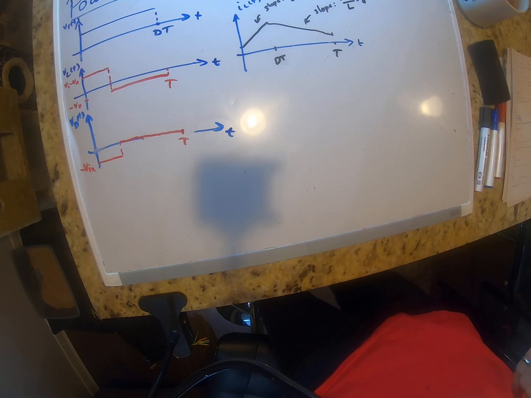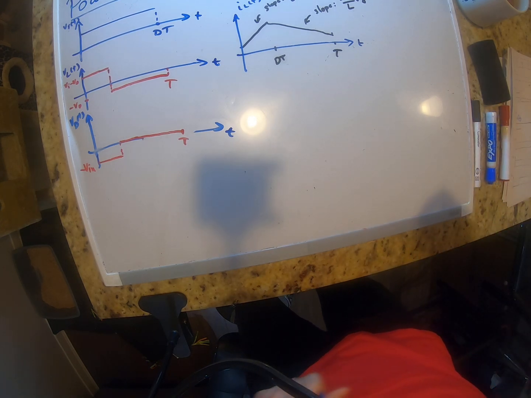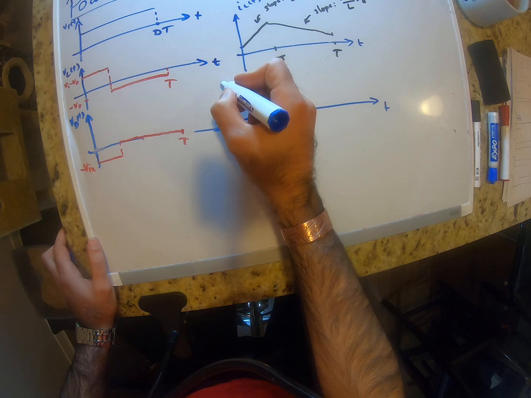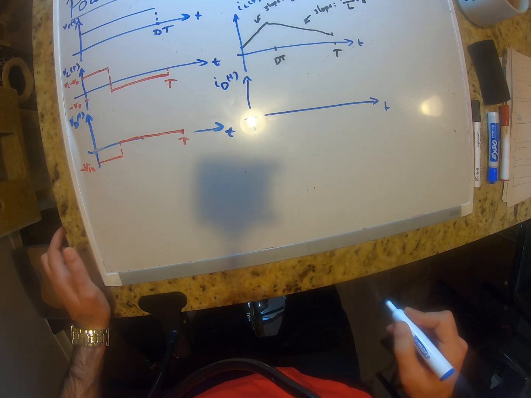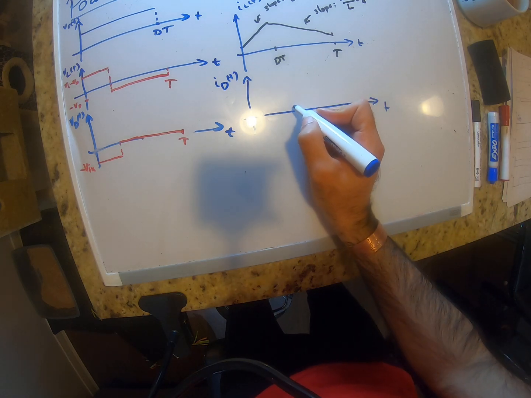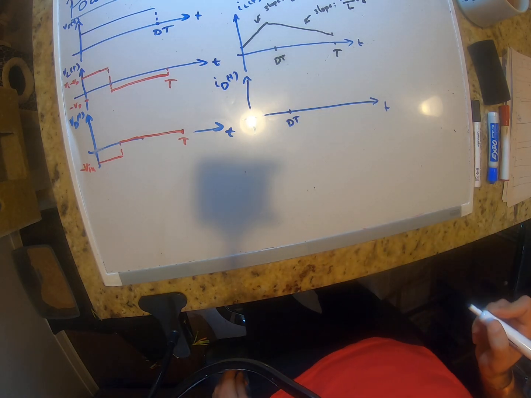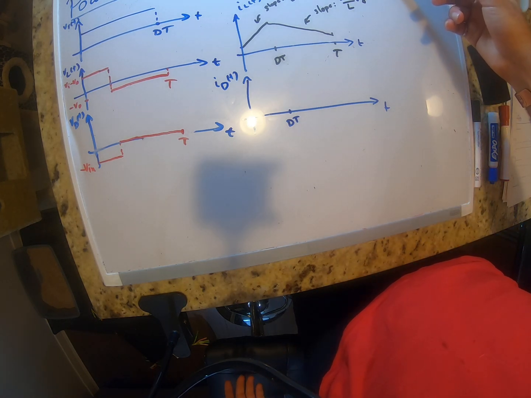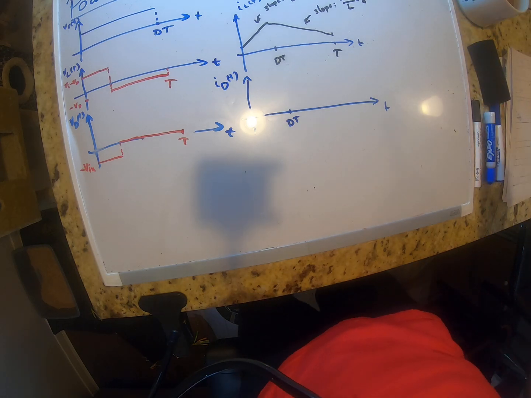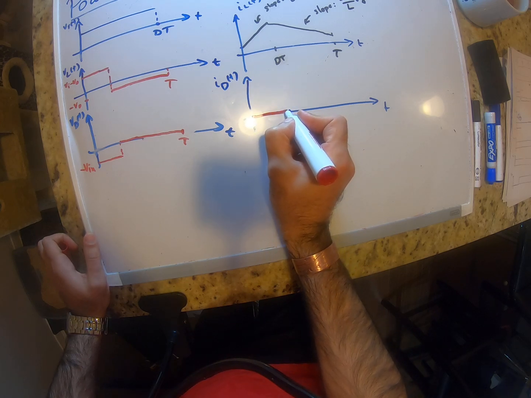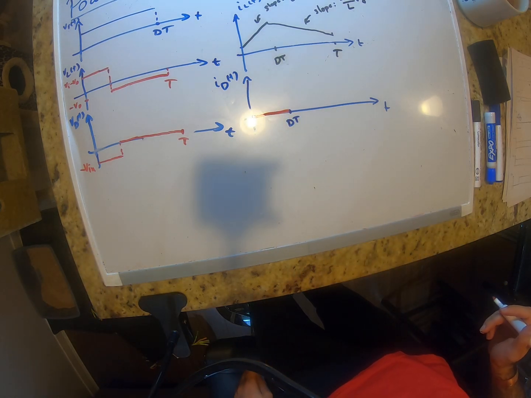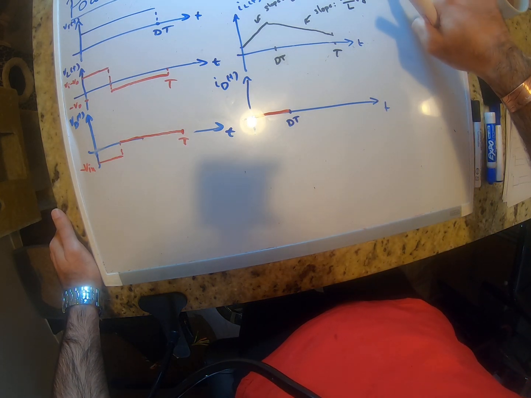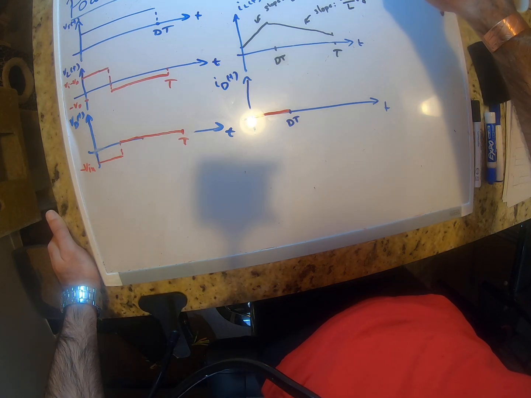Let's take a look at its current, the current that goes through the diode, I of diode. Okay. So for the first dt seconds, how much current goes through the diode? The diode is open, right? It's reverse biased, so the current is equal to 0 for the first dt seconds. And after that, when the diode is conducting, its current is basically the same as the inductor current, because then